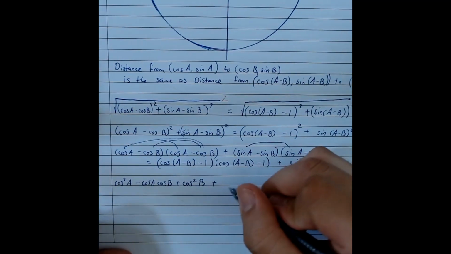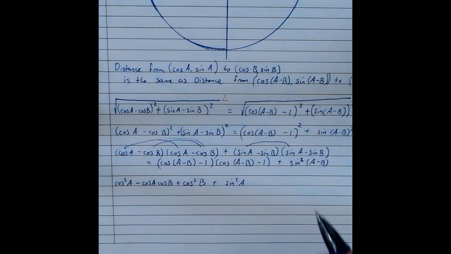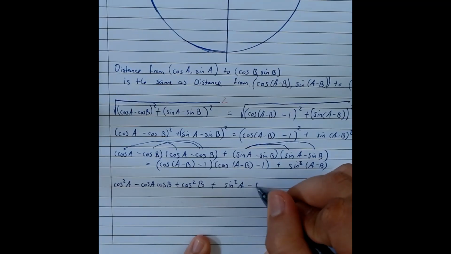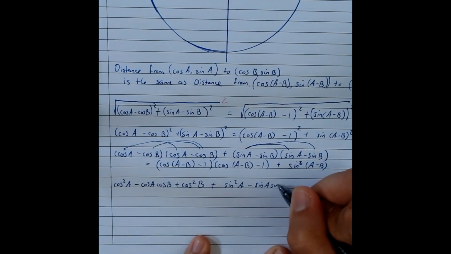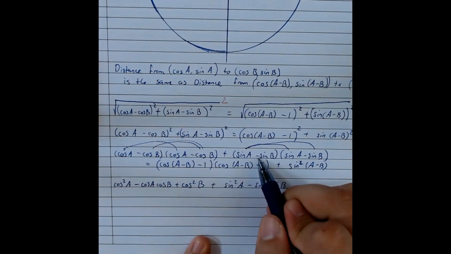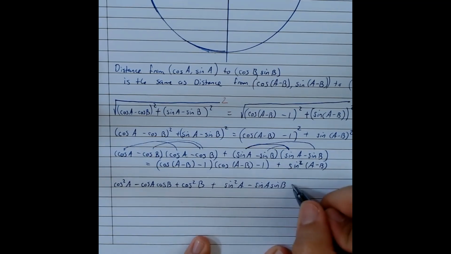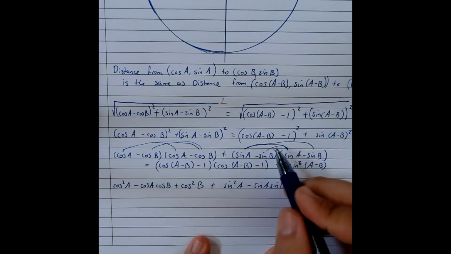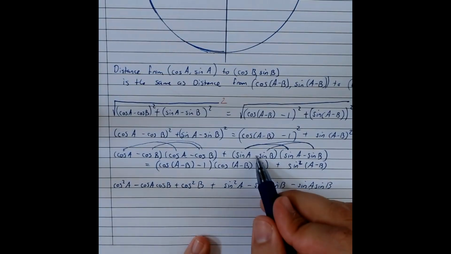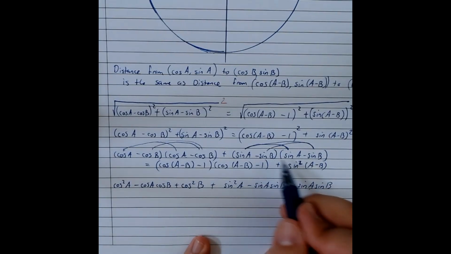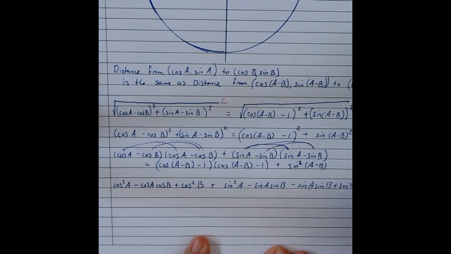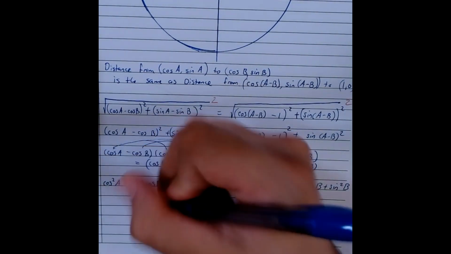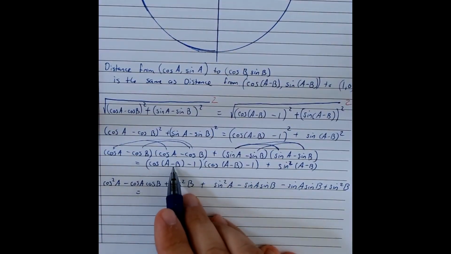Sine of A times sine of A is sine squared of A. And sine of A times negative sine of B is negative sine of A sine of B. Again, negative sine of B times sine of A is, well, that's still a negative sine of A sine of B. And negative sine of B times another negative sine of B, double negative makes that a positive. Sine of B times sine of B, well, that's positive sine squared of B. Just like that. Is equal to, and now we can square this stuff, cosine of A minus B times cosine